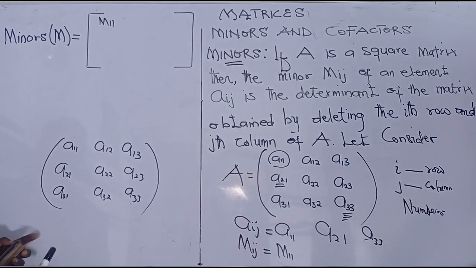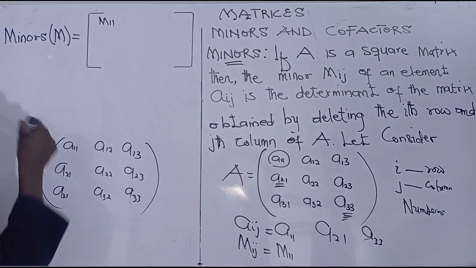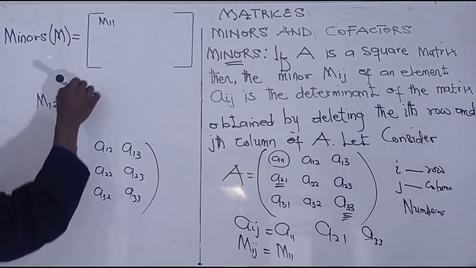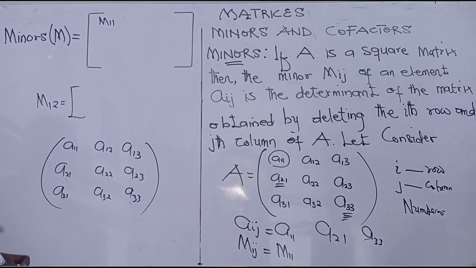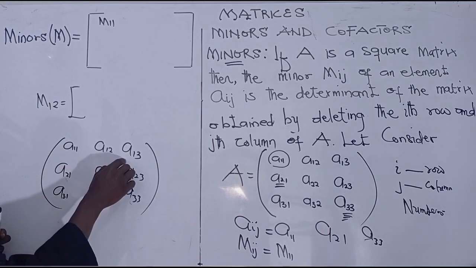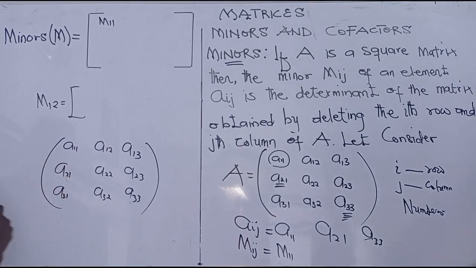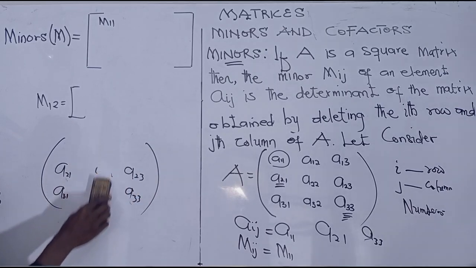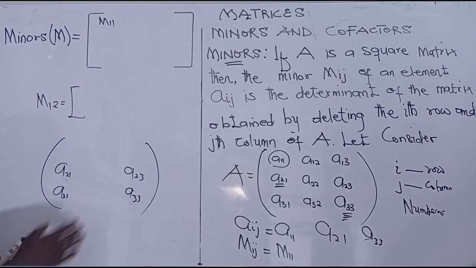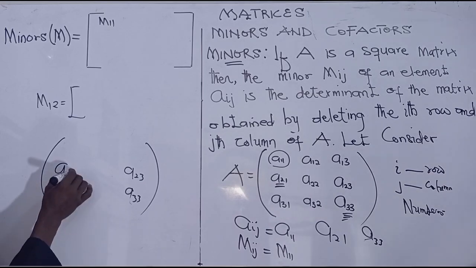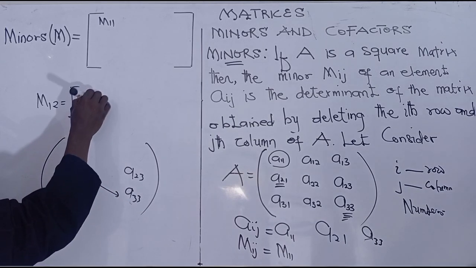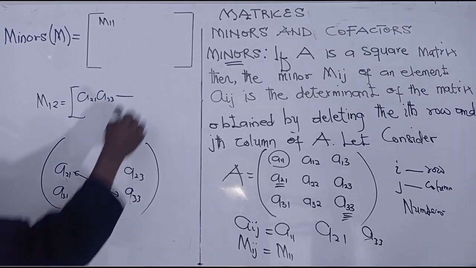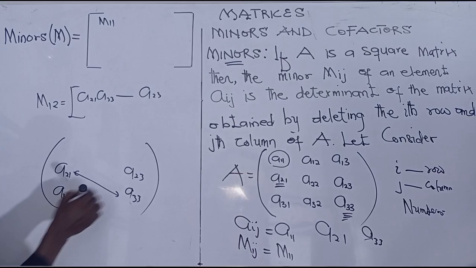Now let's look for the minor of the first row and the second column. In that case, we are going to delete the first row and the second column. So this is the first row, and this is the second column. Then after that, we find the determinant of what remains. So the determinant is A21 multiplying A33 minus A23 multiplying